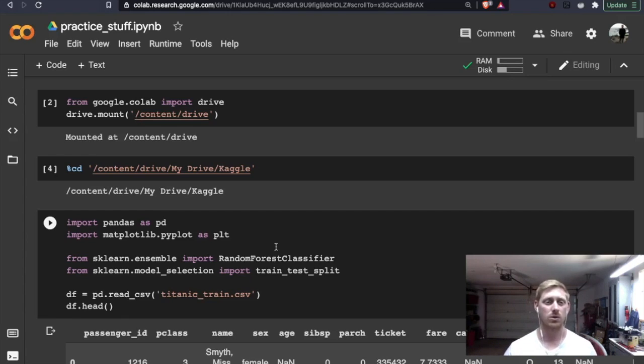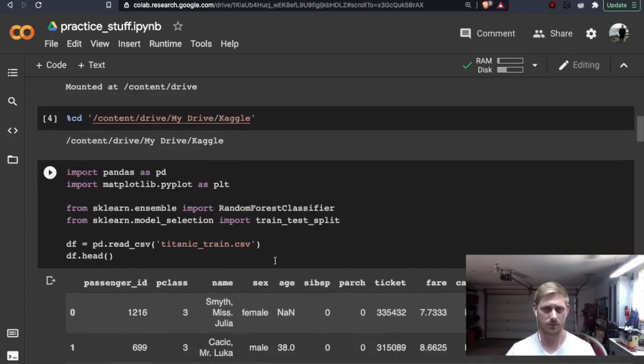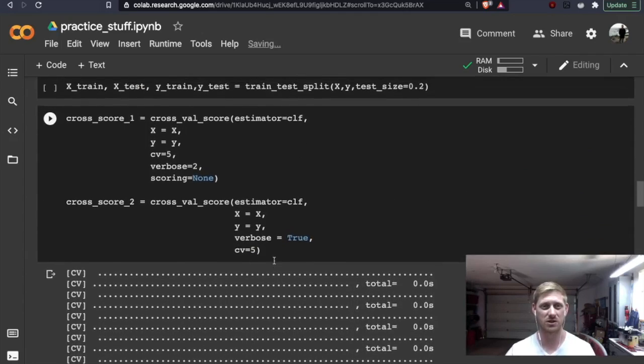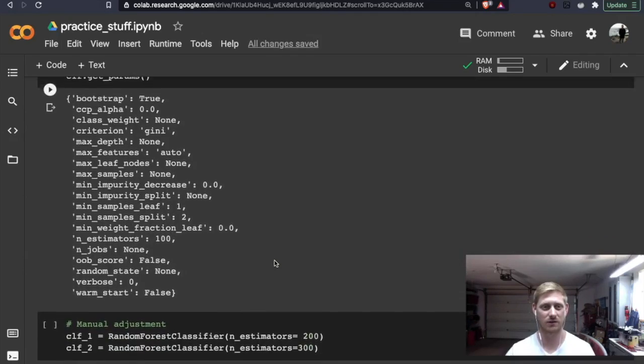Okay, so now that we've connected to our Colab notebook, the one thing that I want to mention is, let's see if I even still have it.